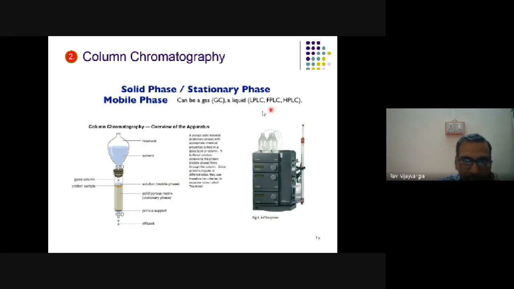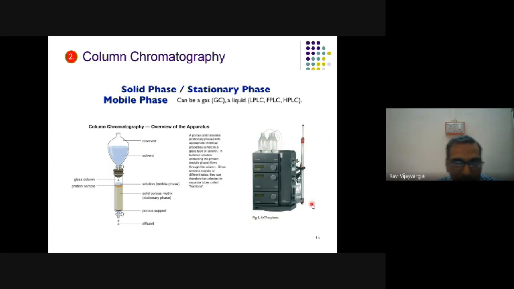While the same thing can be done by machine also, the ease of using it is that it is completely programmable. You can use computer software. You can program the flow rate. You can program the sample volume, and all those things can be programmed. So these are the buffer containers. This is the column in which the sample is.